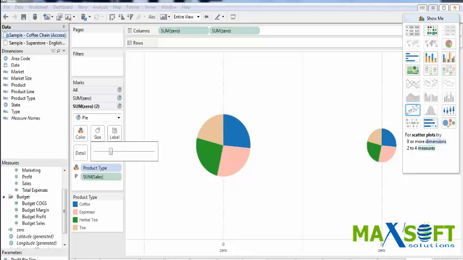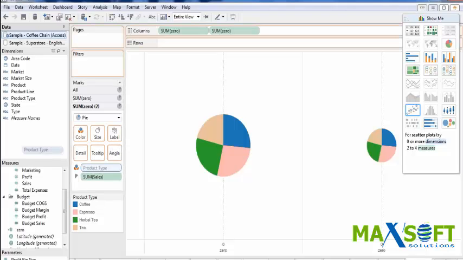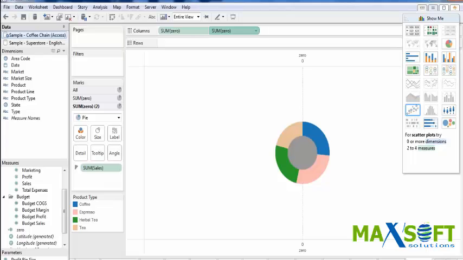And why did you add 2 zeros to column? Because you need pies? Yes. See now, I need two pies. So then only I can overlap. Correct? So now I'll remove my product type. So this is my blank pie. So now what I will do, I will merge it. I will do dual axis. So now observe,